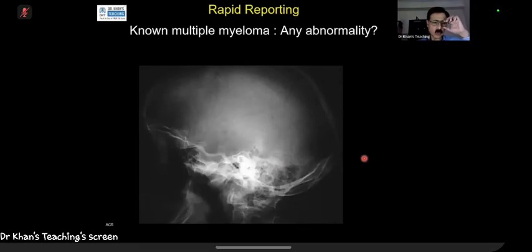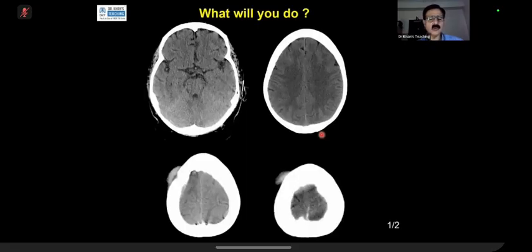Any abnormality? Normal or abnormal? Punched out lesions. Very good. So there is one here, and maybe one here and one here, but these two are quite obvious, punched out lesions. Now you are reporting this CT scan,